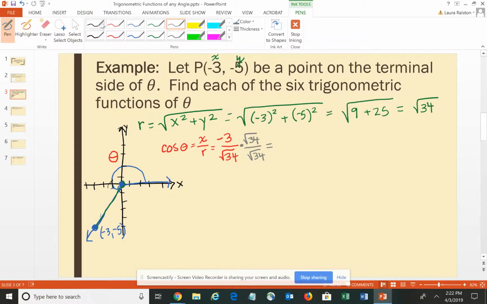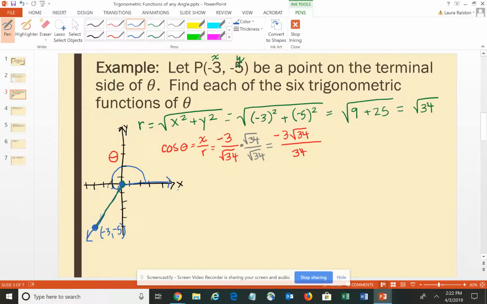So I end up with -3 times the square root of 34 divided by 34. Square root 34 times square root 34. The radical goes away. It cancels itself out. All right, then we can do